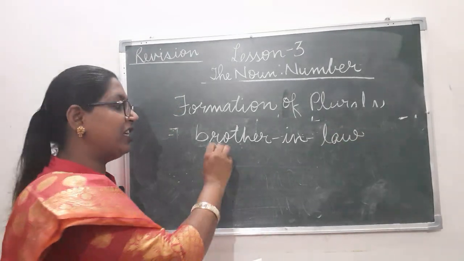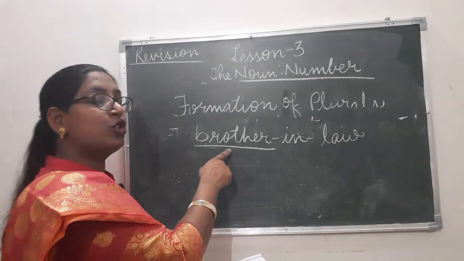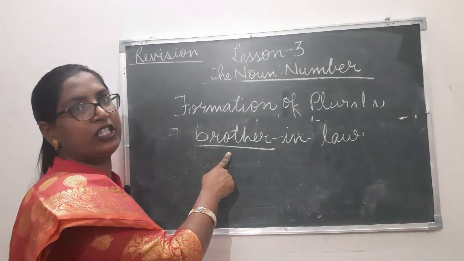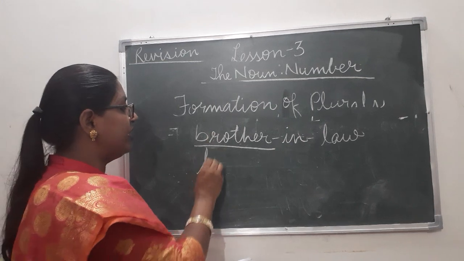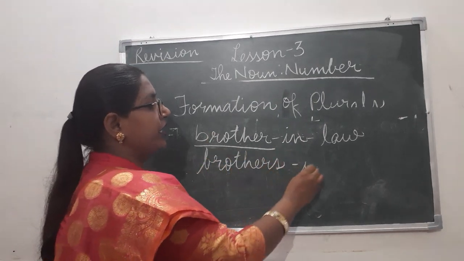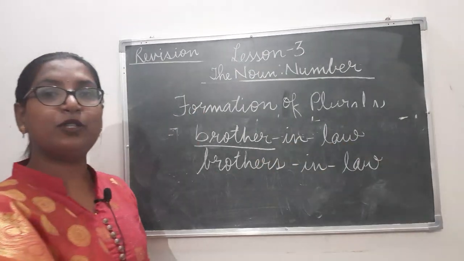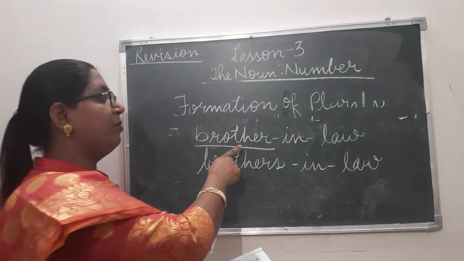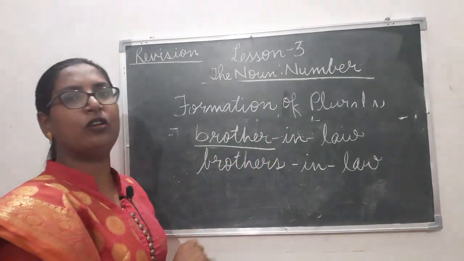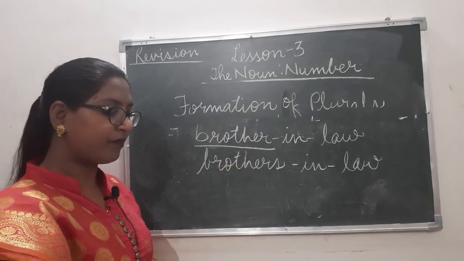What is the first element? Brother. The first word in this is brother. So we add s with the first element to make it plural in number. Brothers-in-law. The same way, mother-in-law, mothers-in-law, sister-in-law, sisters-in-law,